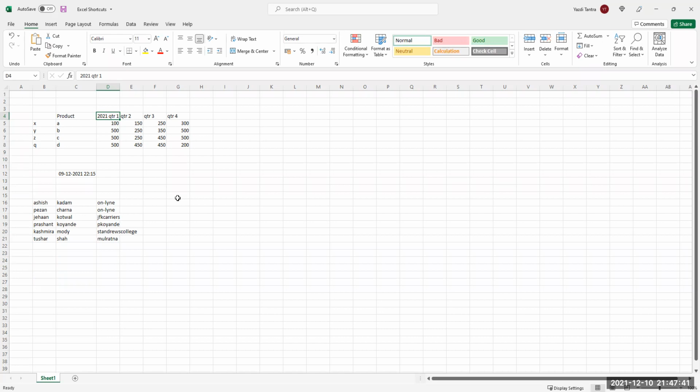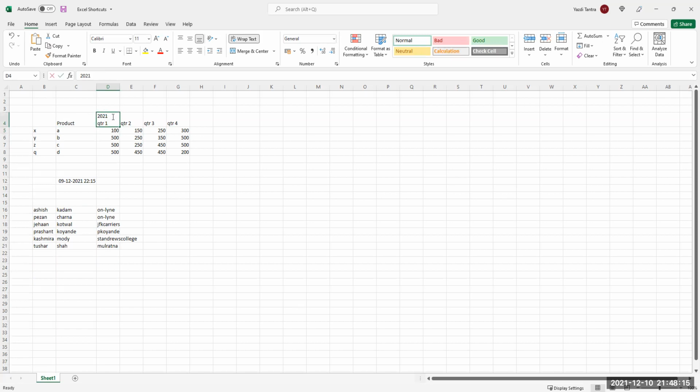Yes, it's quite painful. Then you have to click after 2021 and do space, space, space, and then you say wrap text. Oh, very lame. Alt Enter, sir. Yeah, that is the right way of doing it. You say Alt Enter and you get both these in the same cell. So you don't need to do wrap text and all that. Oh, great. This is very nice.